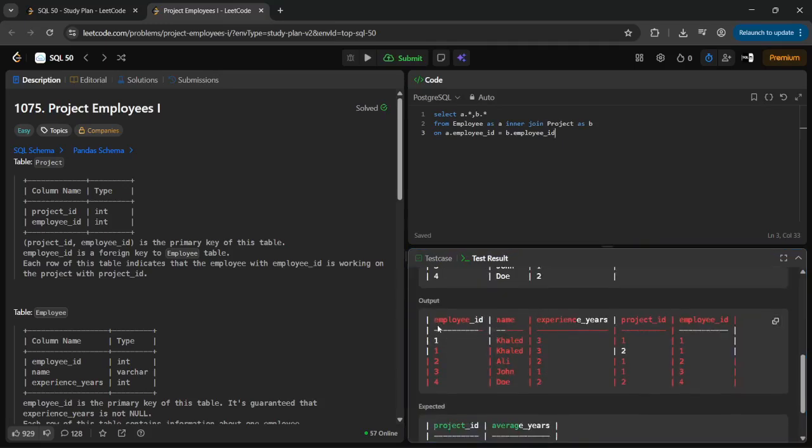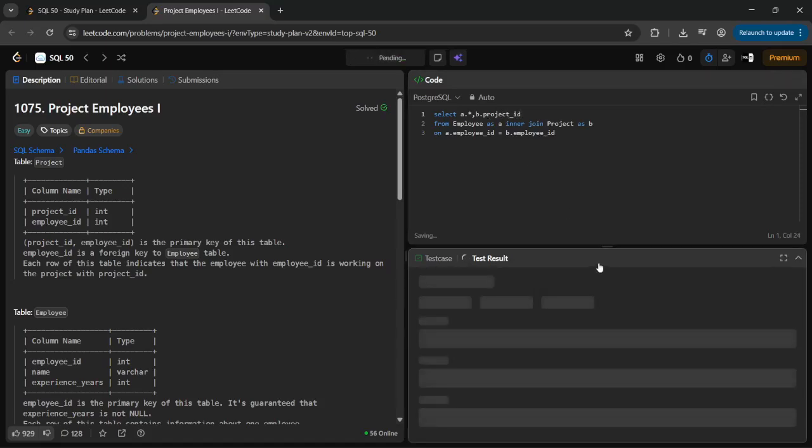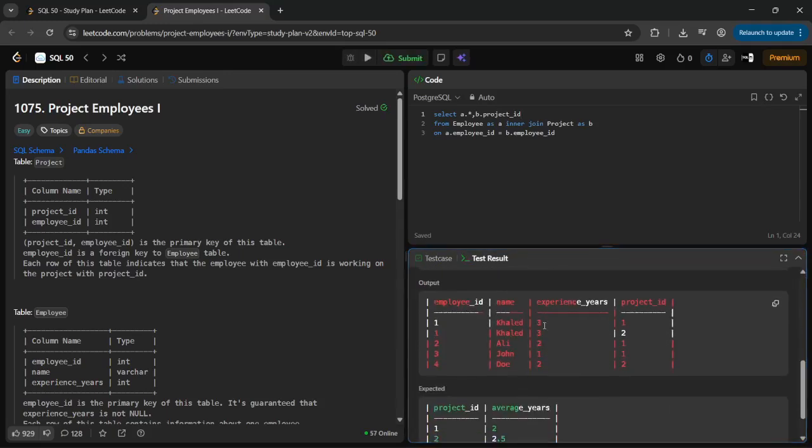Alright, so if we look here, we have the employee ID, name and the experience years, and we can see that these are the projects that they're mapped to. Actually, let me just take the project ID. That will make things way easier. Yeah, so we have the employee ID, the name, the experience years, and the project that they work on. Now what I'm going to do is wrap this within a CTE as